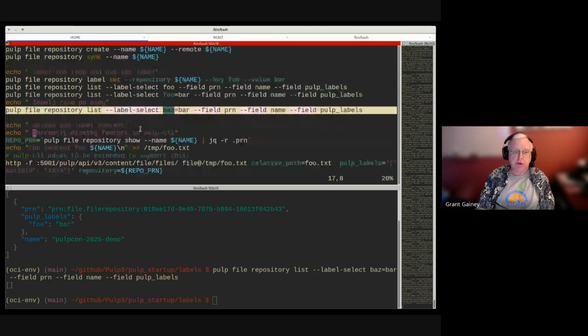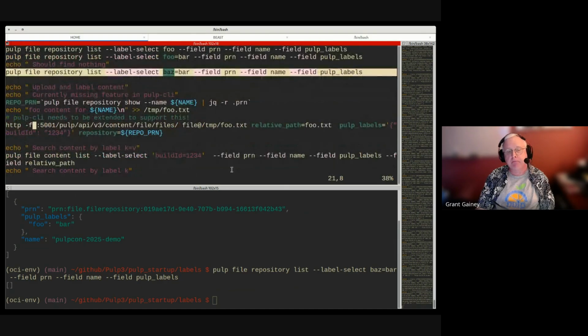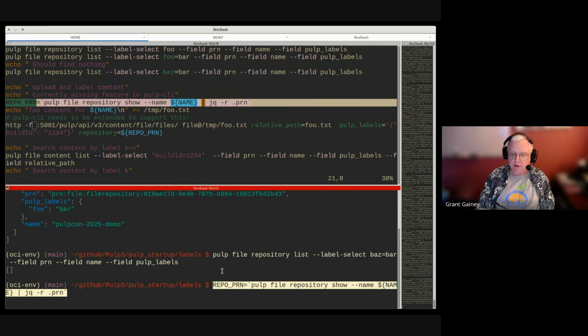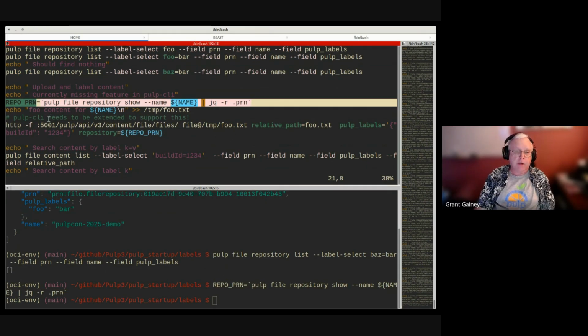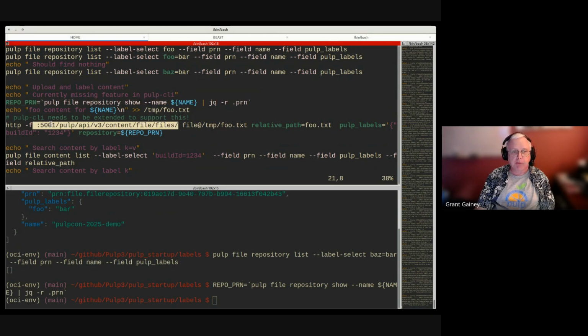All right, now the primary use case for the Copper feature is when I upload, I want to be able to assign labels at the time that happens. So the first thing I'm going to do is grab the PRN of that file repository so I have it available for me. Now, and this is a discovery I made as I was preparing this script earlier this week, we need to add some CLI support for this. But right now, you have to talk directly to the REST API. And what I'm going to be doing here